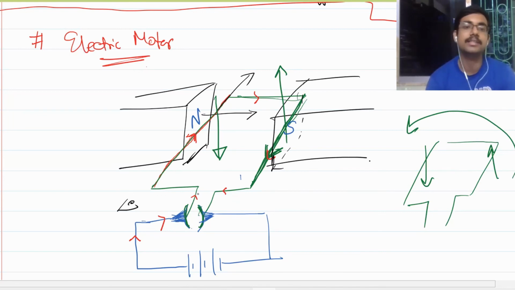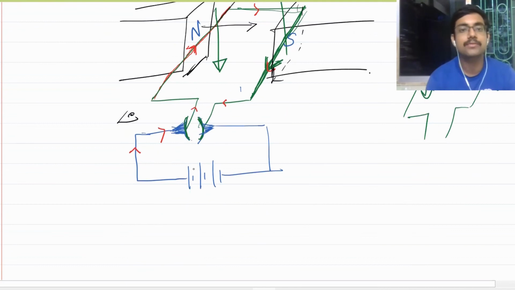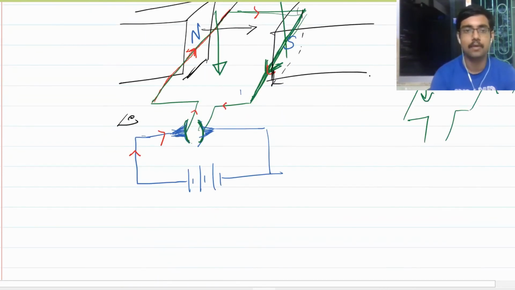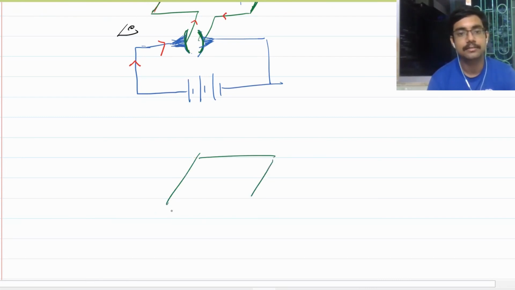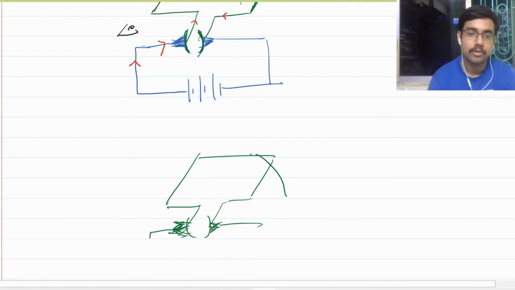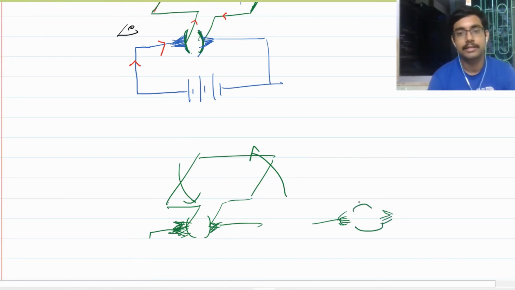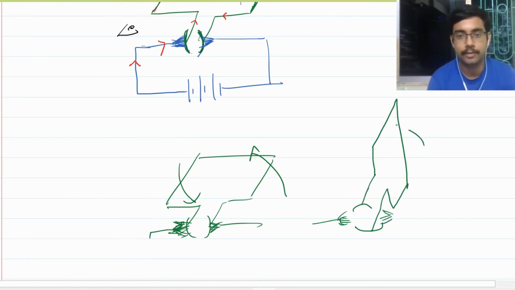Now if it rotates in this direction, this is where the application of the carbon brushes comes in. Now suppose these are rotating. Now this starts rotating once. Now after that what happens? At a point it is like this. When it is rotating like this, at 90 degrees it will be like this.